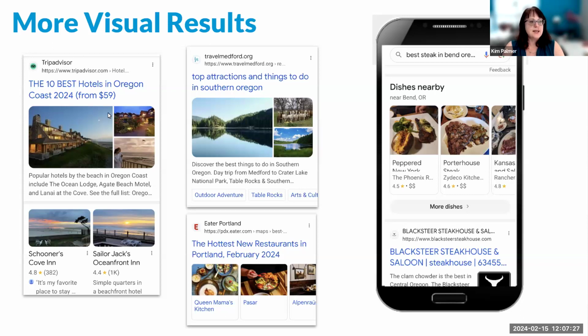You can see these examples here on the left from TripAdvisor, from local DMOs, from Eater, etc., where photos from those websites are being collaged into the search result itself, which is going to have an impact on the click-through rate to these search results. And we can even start to search by visual